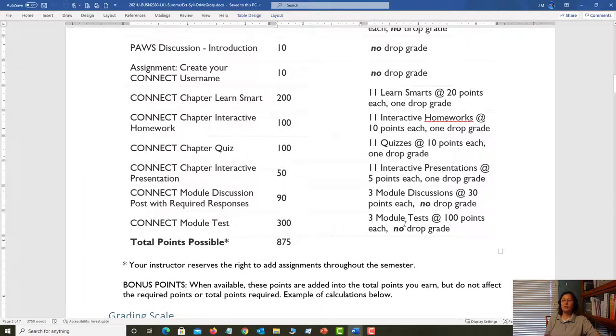Okay, finally, you have the test. And as you look through this, you see that the test, just by the points, has the most impact on your grade. So 3 module tests, you know that 3rd one you definitely have to do on time, but you don't want to get into this late, constantly losing 10%. It's not going to go well if you're doing that for a lot of assignments. But those tests are 100 points. Of course, you have your 3 attempts so that you can do your absolute best. By the end of the semester, you will have had the opportunity to earn 875 points. Okay? That's great. I hope you earn a perfect 875 points.